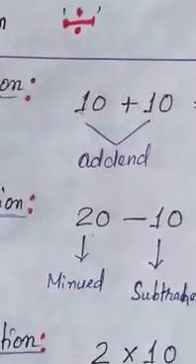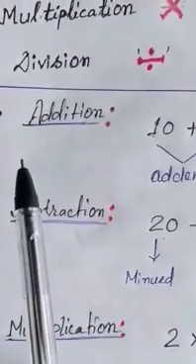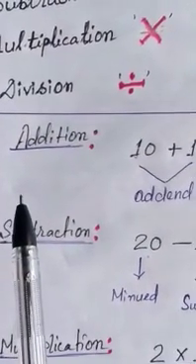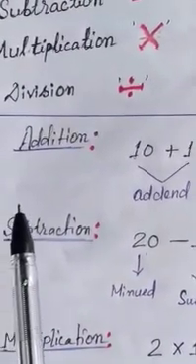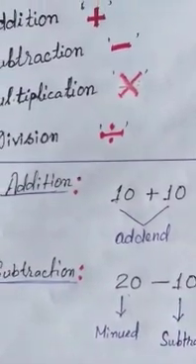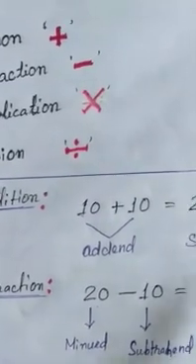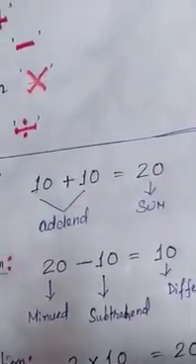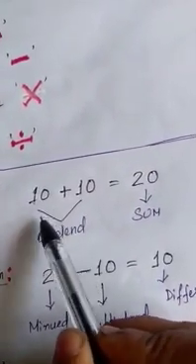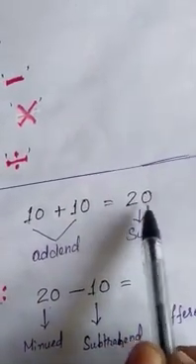If in addition you already have the basic concept, and suppose you buy 2 chocolates and the price of each chocolate is 10 rupees. So how much will you pay for these 2 chocolates to the shopkeeper? Can you say, students? Obviously you will pay 20. Two chocolates, each is 10. So if you add 10 plus 10, you will get a total of 20.